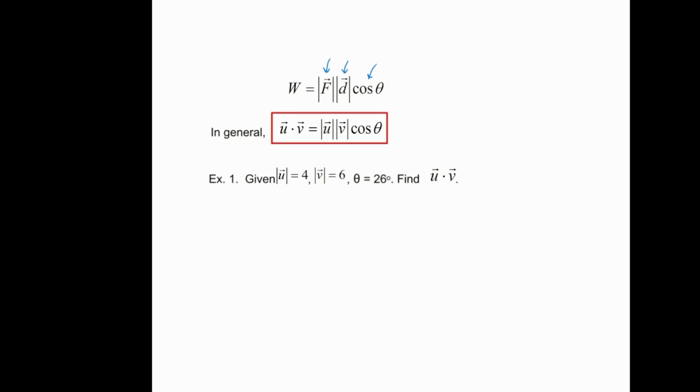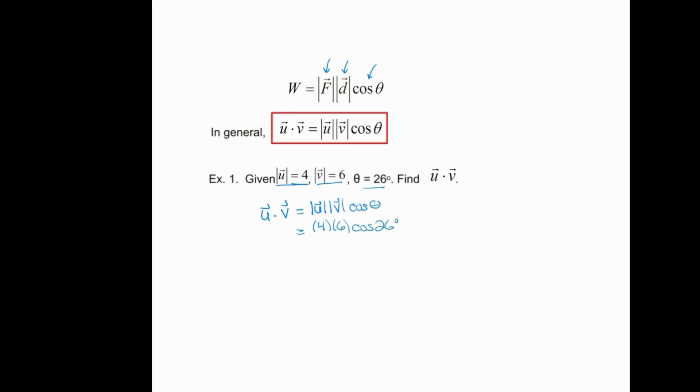So I want you to pause the video and give this one a try, and then come on back and see if you got the right answer. I think you're seeing this is pretty basic math compared to some of the things that we have been doing. So vector u dot vector v, see, I do it sometimes too. Vector u dot vector v is going to be equal to the magnitude of u times the magnitude of v, cosine of the angle. So the magnitude of vector u is 4. So we have 4 times the magnitude of vector v, which is 6, times cosine of the angle, which is